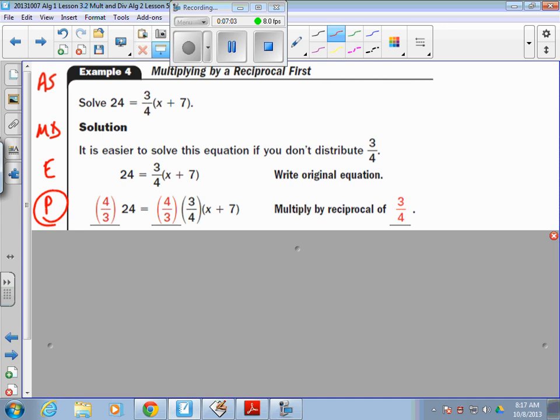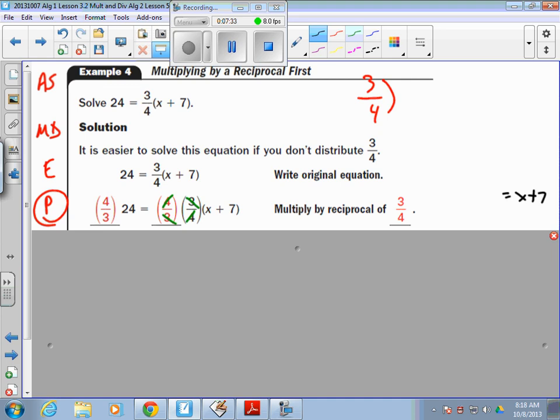So you have 3/4 times something. Again, you would divide by 3/4, or you would just go ahead and make it a little shorter and multiply 3/4 by its reciprocal. Remember, 3/4's reciprocal is when you flip it, it becomes 4/3. So if you multiply the right side by 4/3, you have to do the same thing to the left side. You have to do it to both sides. It'll cancel it out for you on the right side. 4 will cancel out 4, 3 will cancel out 3, and you're left with x plus 7 on the right